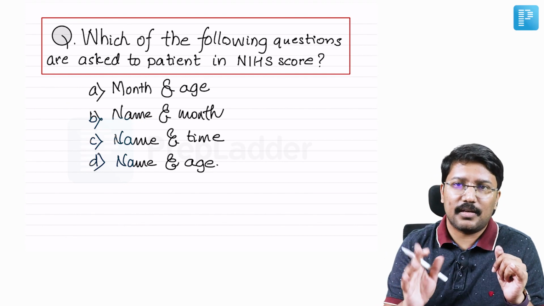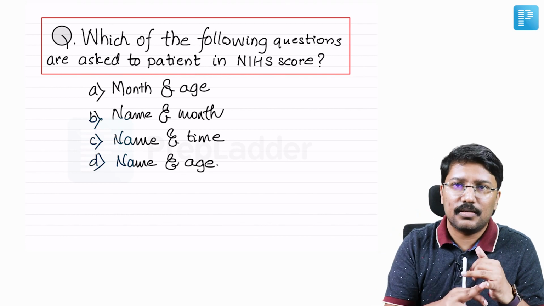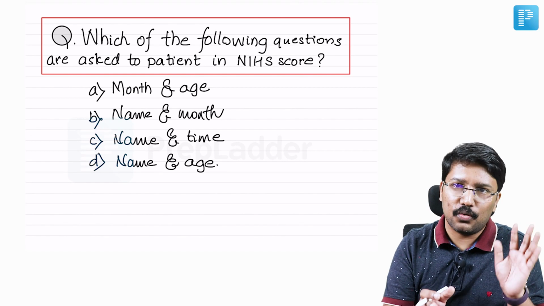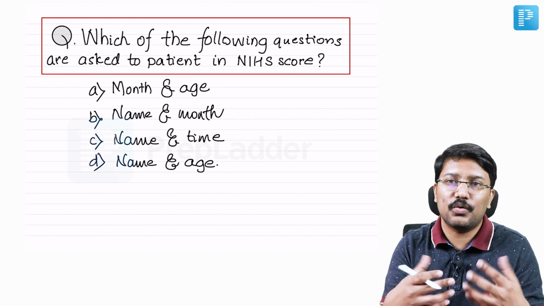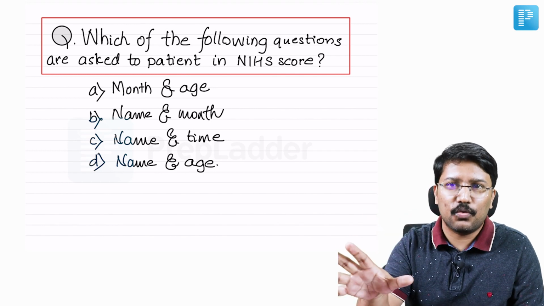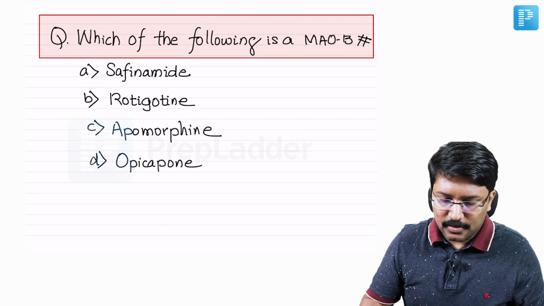So simply make a list. If this is a common disease and there is a scoring system involved, and that too mainly that facilitates decision making, you must know the components and the score, because you can expect clinical STEM MCQs where some information about those scores are given and then you have to come out with a conclusion, right? So remember this now. Now let me take you to the next question.